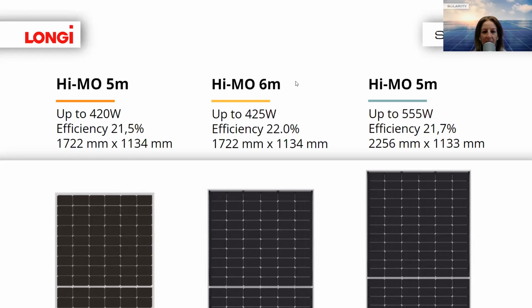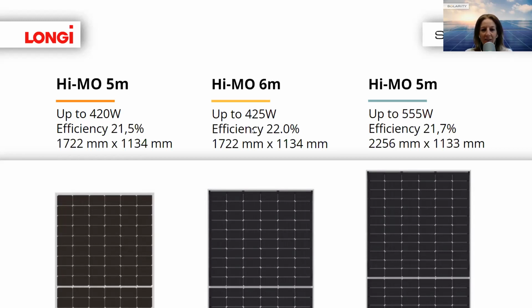What's the newest one? The idea in the beginning, what we received in January, was that HIMO 5 will slowly decrease the volume on the market, and HIMO 6 will be the top due to some patent issue in some big countries around Europe. There will be HIMO 5 for a longer time, so definitely not only till the end of 2023, but they will also slow down the production later on in 2024.